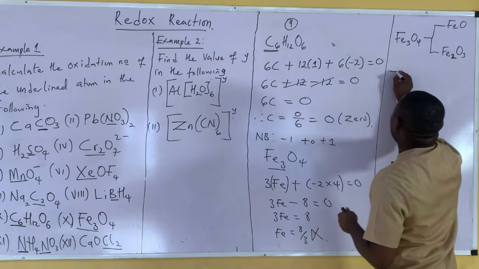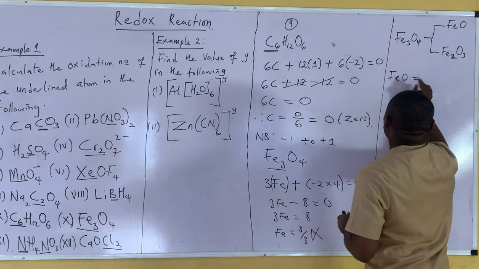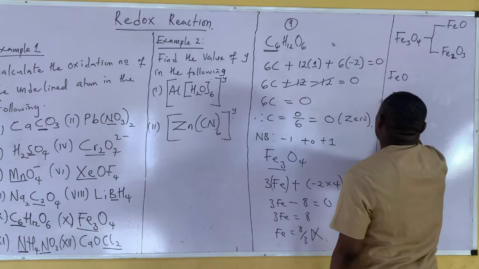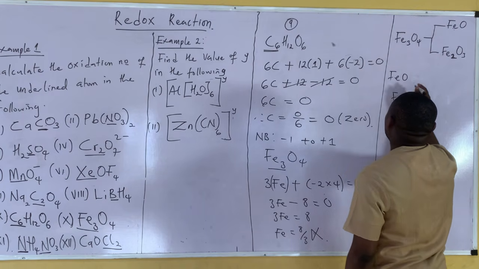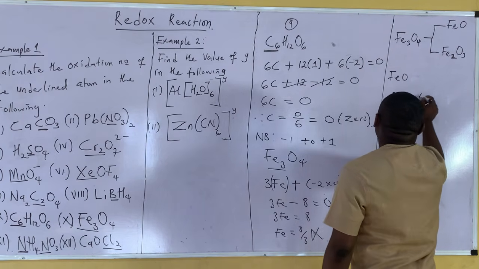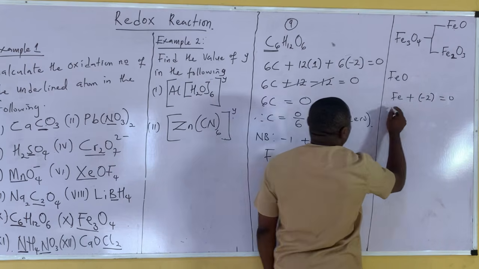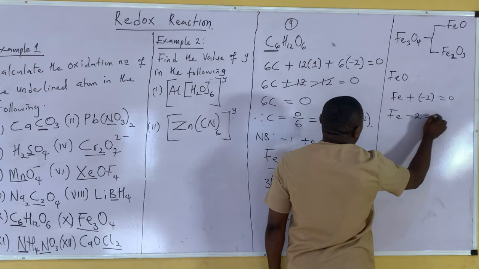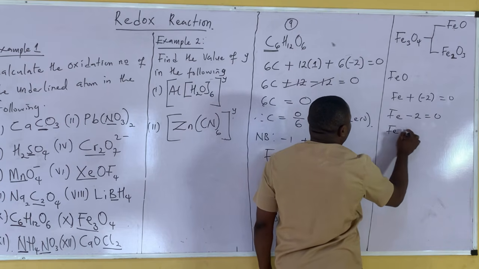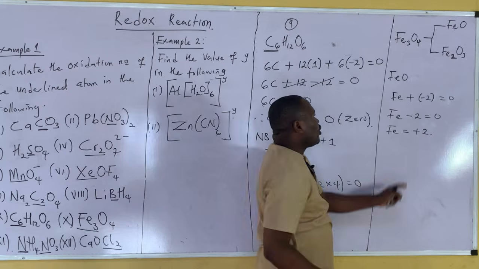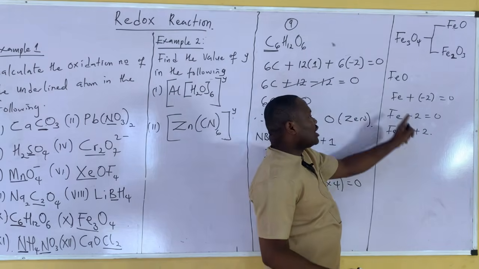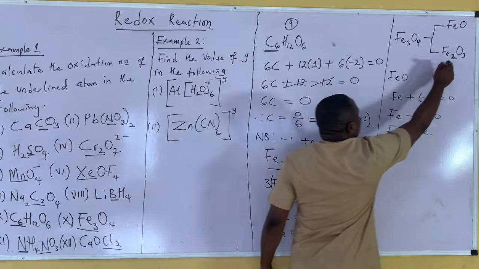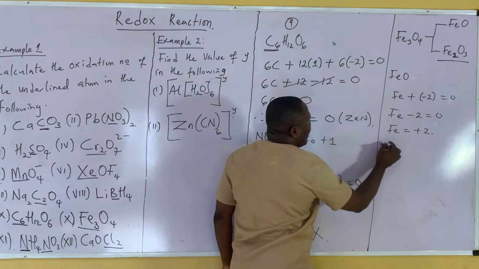So now for FeO, it will be given as oxidation number of iron, which is Fe, plus oxidation number of oxygen, which is -2, equals 0. So Fe - 2 = 0, Fe equals +2. So the oxidation number of iron in this is 2. So this is iron(II) oxide. Now, what about in this compound? The oxidation number of iron in